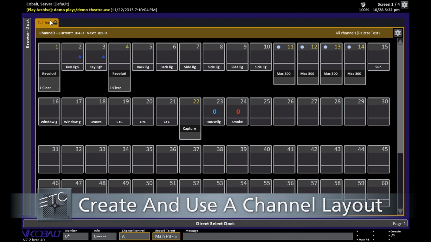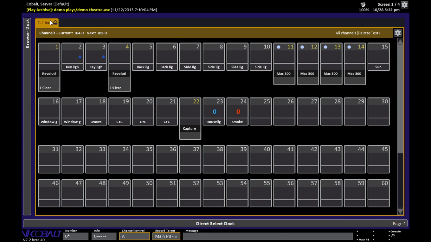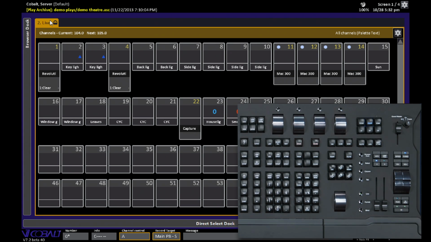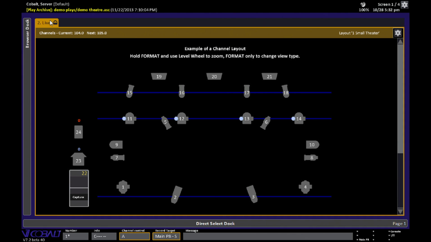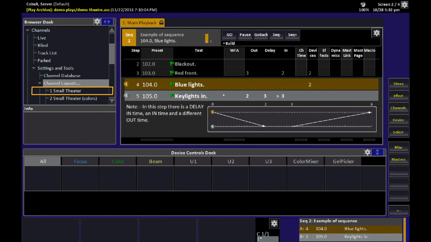One of the most useful tools of the Cobalt system is the ability to create a topographical view known as a channel layout. Channel layouts can be used anywhere you see a channel view. So if we look at the Live tab, normally we're looking at this high density channel view where you see a lot of intensity information for a lot of channels, but another option for looking at this information is more graphical. So this is a channel layout view,